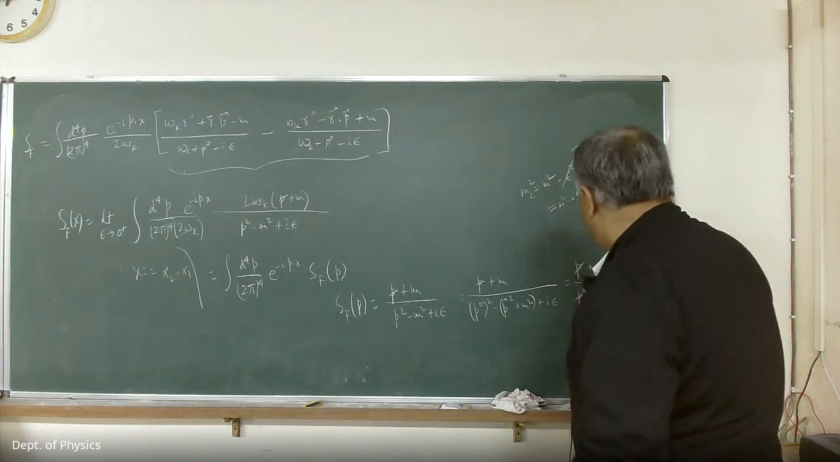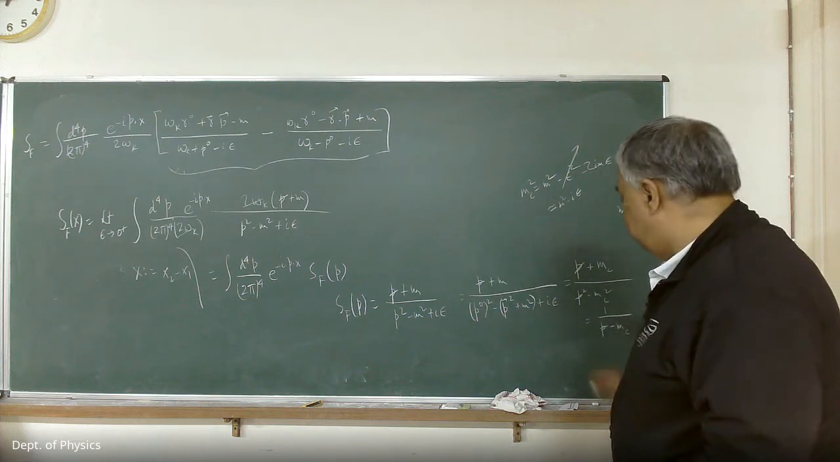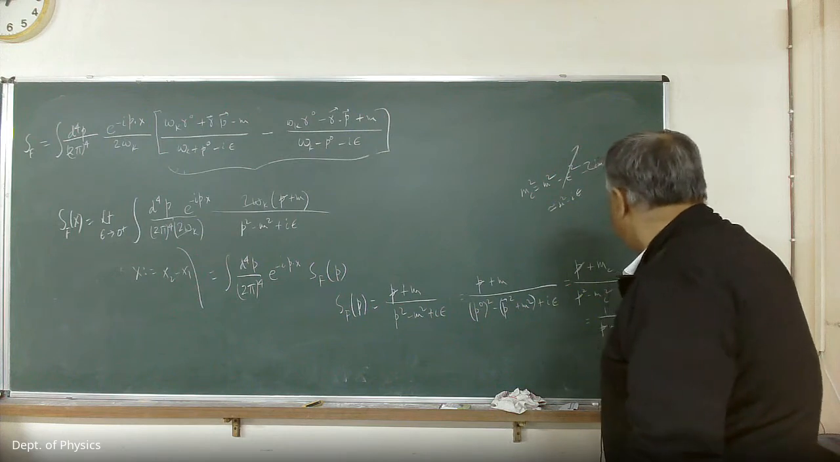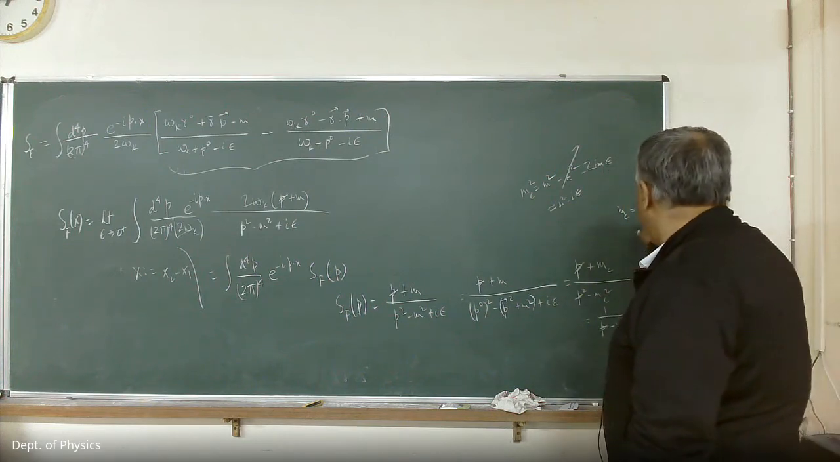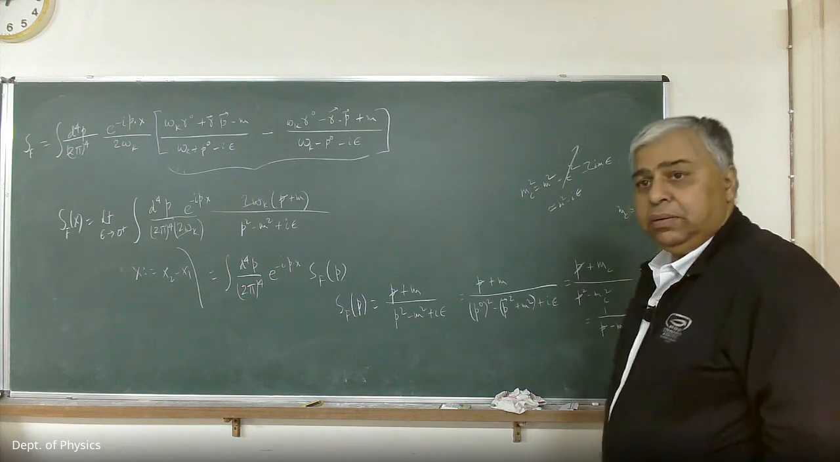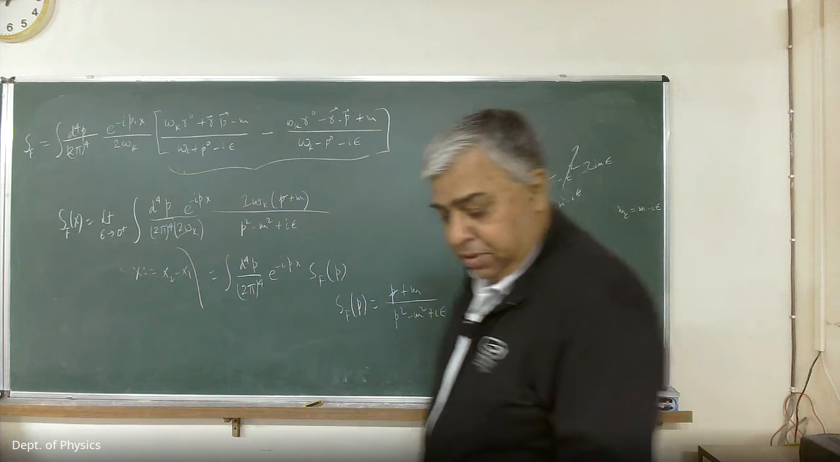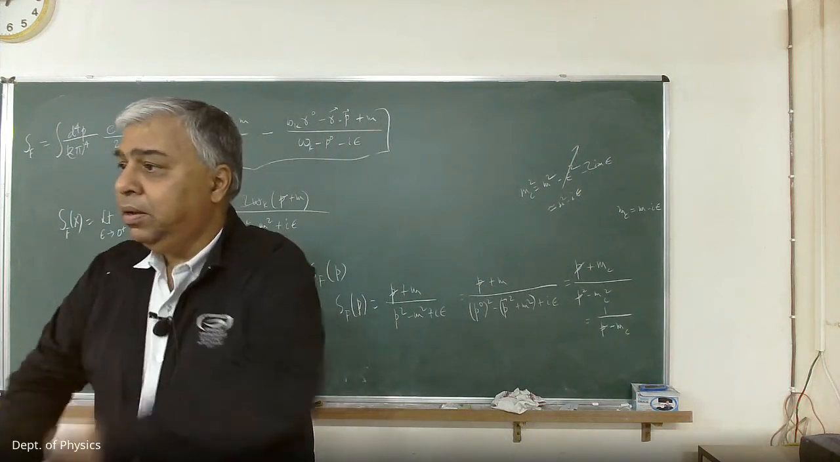So I can write it like this. But this is one way of seeing that you have a pole at i epsilon and minus i epsilon, so to say. Okay. So you are